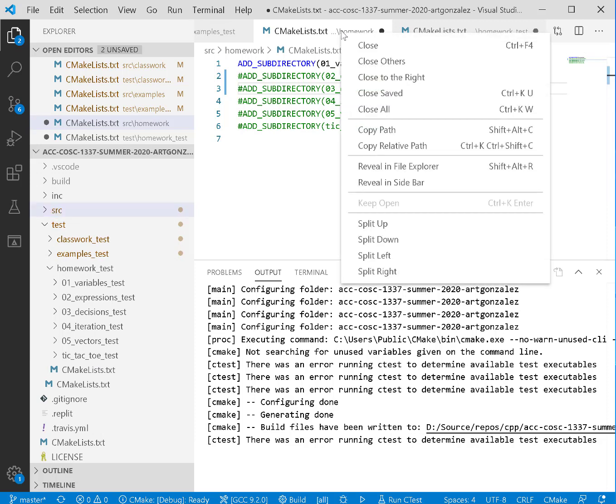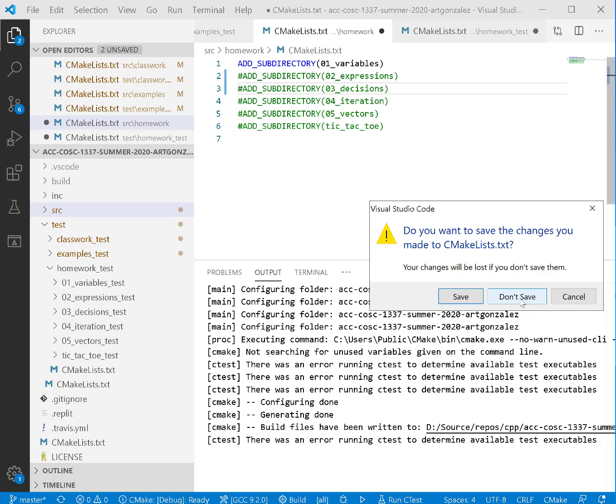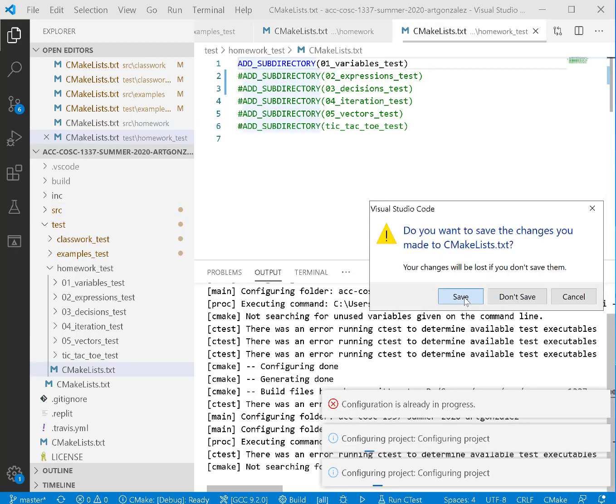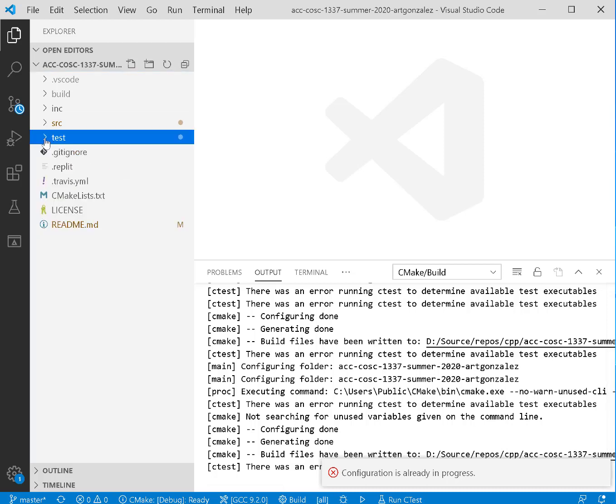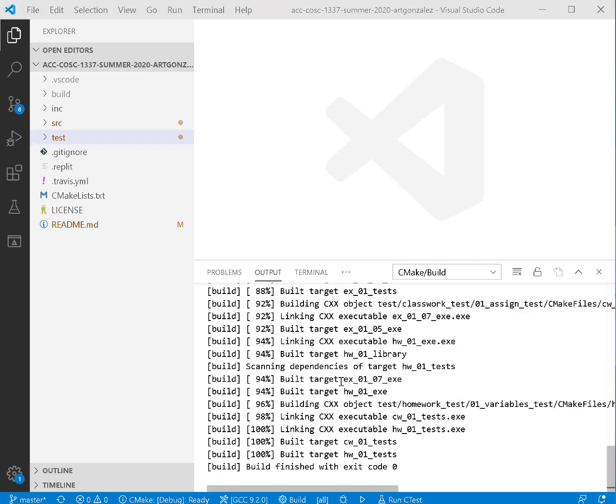So I'm going to close all here. I'll save. Okay. Now if I do a build, instead of building the first 3 for each section, classwork, homework, and test, it will only build. Okay, I did a build all, and it built homework, classwork, and examples 1, nothing else,